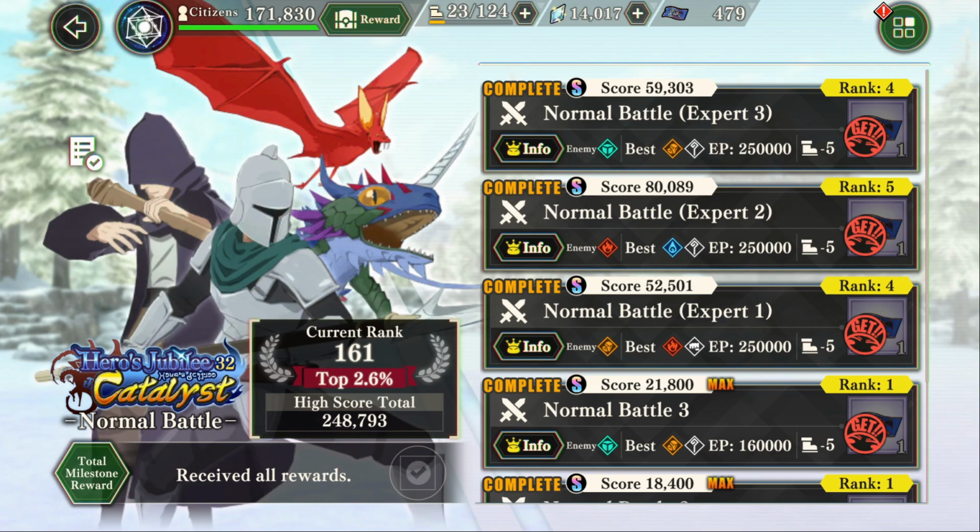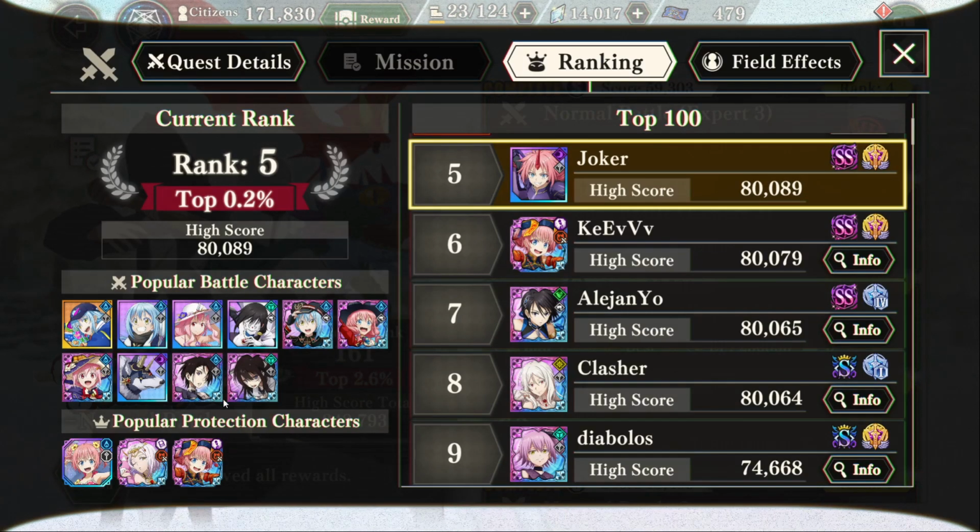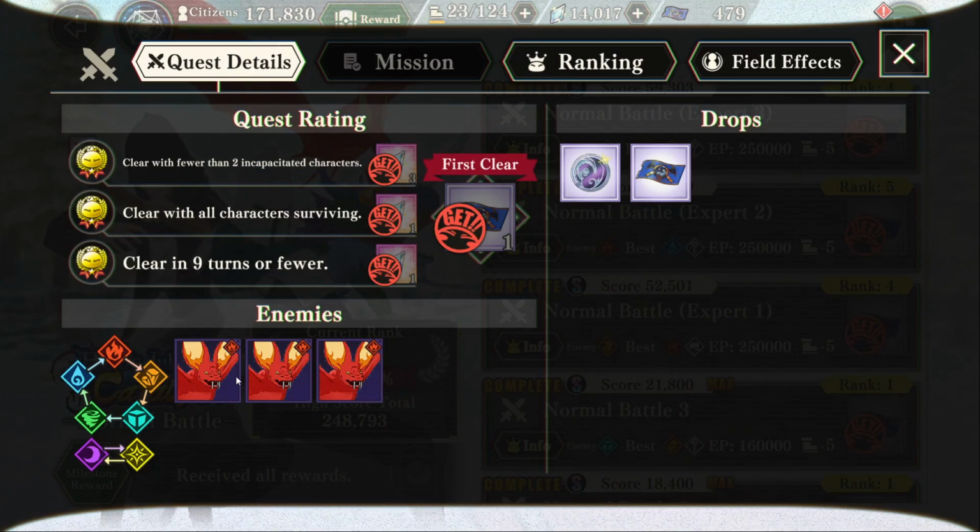Jubilee Catalyst 32, part 2 of 5, I guess. We're going to go into Normal Battle 2 now. We're going to use a Water and Magic team. This is a 1, 2, 3 stage, so one bat, and then Phase 2 is another bat, and Phase 3